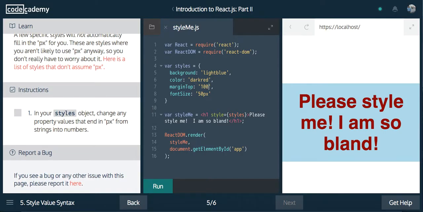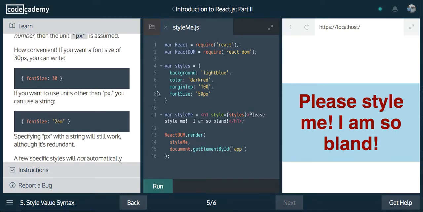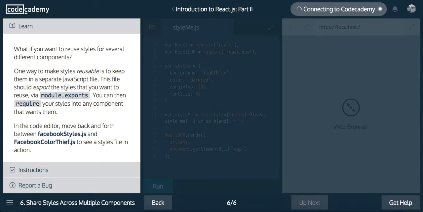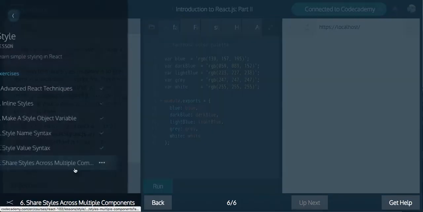And let's just change this out so we don't need to use the pixels anymore. So now we can remove this as a string and just make it a literal, and remove the pixels. And I think that's what we want. And now they're just numbers, we can run that, make sure this is good to go. Cool. And so it says, what if you want to reuse, let me make sure this is the last one,